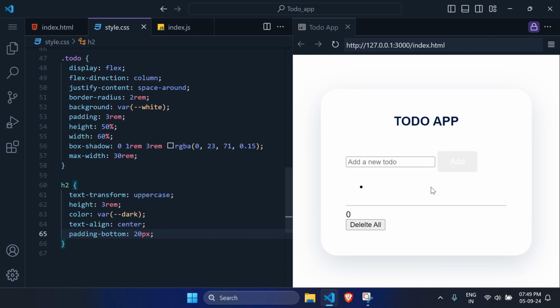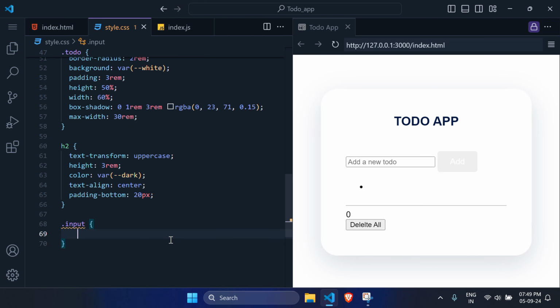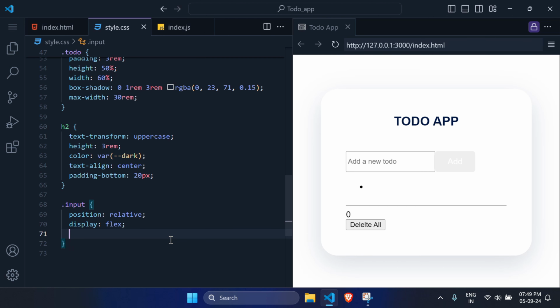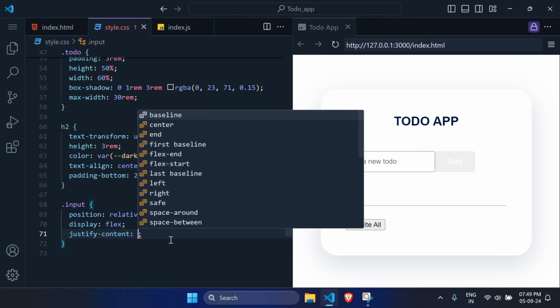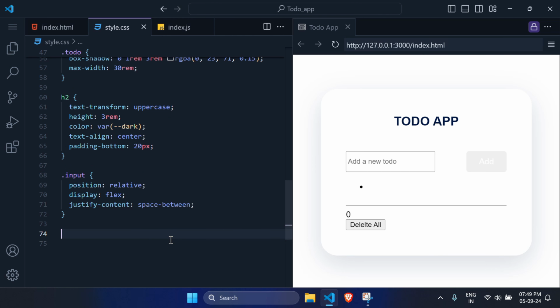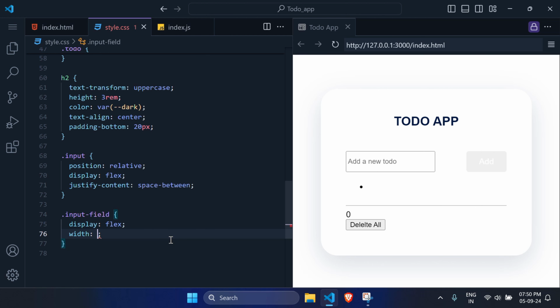Yeah, it looks better. Now select the input field, so I'm gonna get the .input class and give it position relative, display flex, justify-content space-between. Okay, now select the input field, so I'm gonna get the .input-field, display flex, width would be 100%,